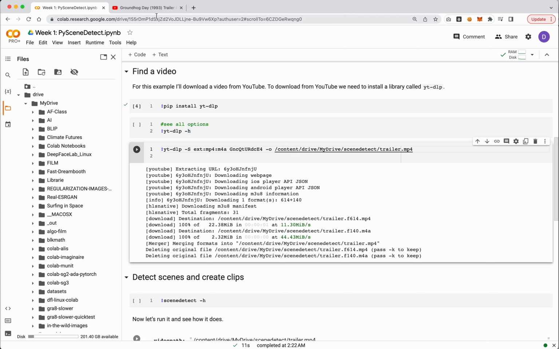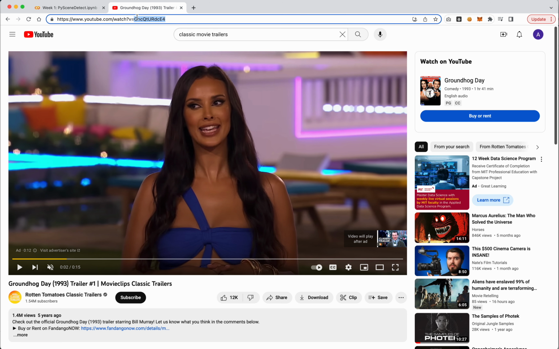So this says download from YouTube that video, but then we want to set the output path. And if you notice, this doesn't really match up with what we want to do. So let's do our algo film folder. We can right click onto algo film and hit copy path, and then let's just paste that in. So we'll cover all of this up until the -O, paste that in. And then let's give this another folder name. So let's say downloads. And then let's say Groundhog Day.mp4.